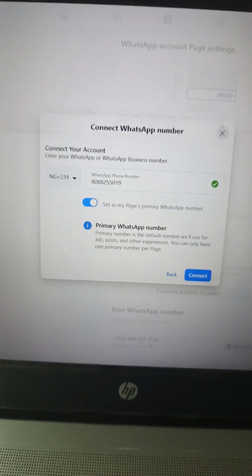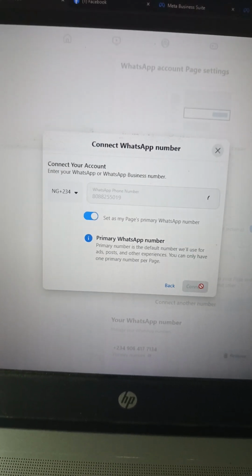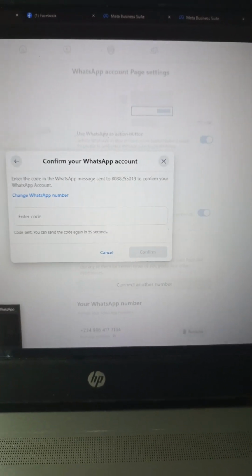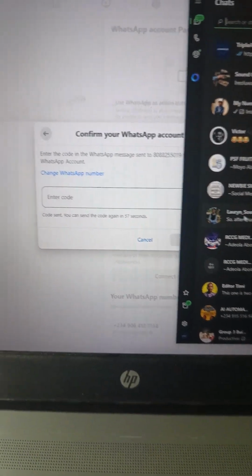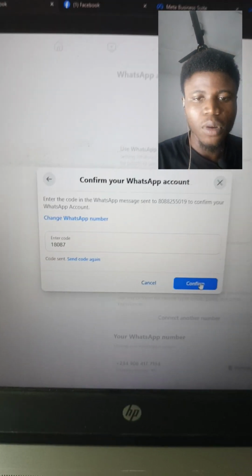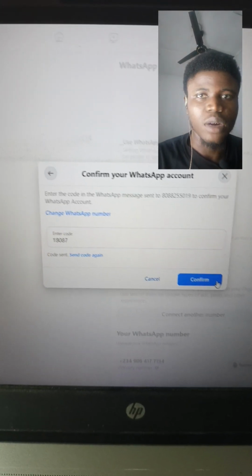So right now we want to help one of our clients to change our WhatsApp line on our ads manager. I'm going to be showing you the process in a few minutes. So here is the number, right? We just have to hit connect and they'll be sending a code right now. Alright, the code has been sent already. So here we go. As we await,